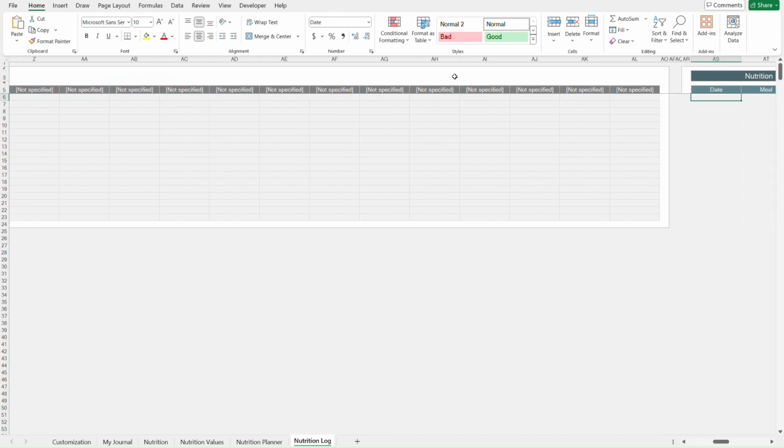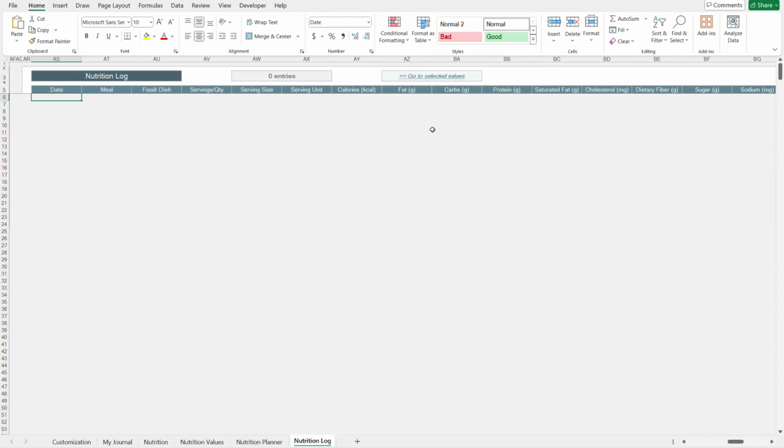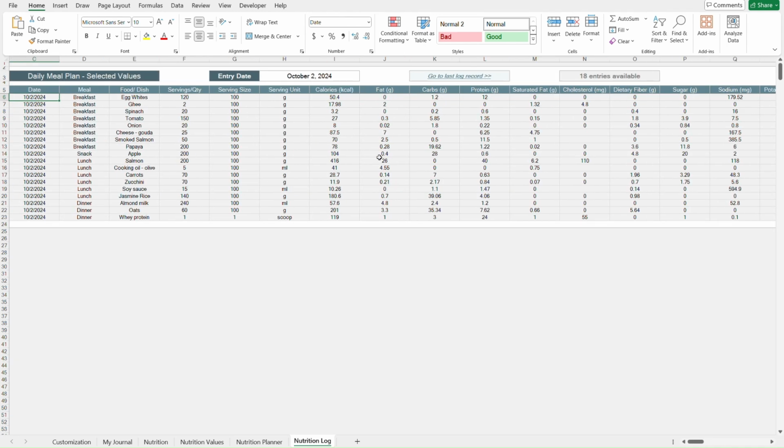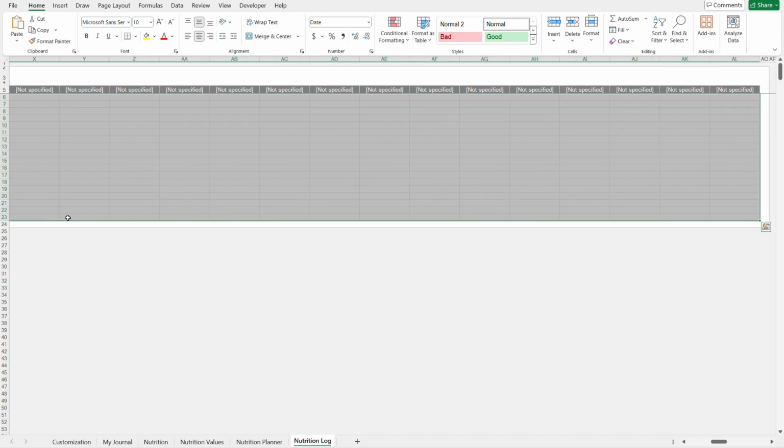So if you click on here, you will see that this second table is your actual nutrition log, and this is where you will keep track of everything that you have consumed for each day. Right now it's completely empty, and as you can see, it has 0 entries. So I can go back to my selected values, and here it will be marked as I have 18 entries available. So all you would have to do is to select this entire table, then hit Control Copy, and then